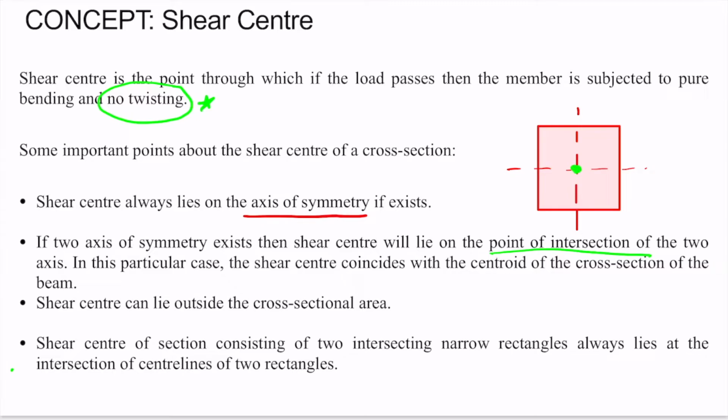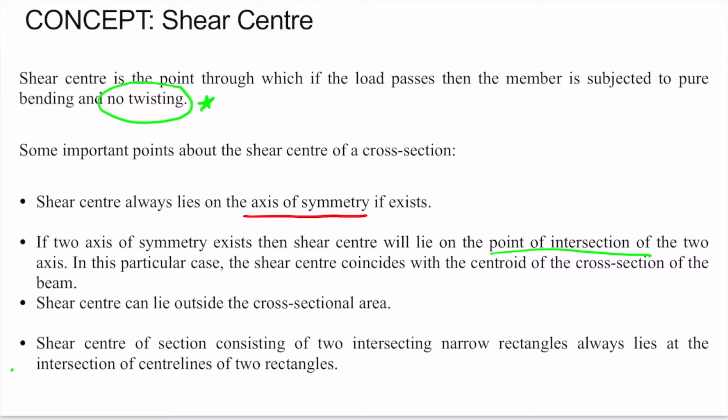Shear center can lie outside the cross-sectional area. So it's an important point, the shear center can lie even outside the cross-sectional area. Suppose we have a C section here. So the shear center for this section can lie outside the cross-sectional area. Fourth and the most important point for this question is the shear center of a section consisting of